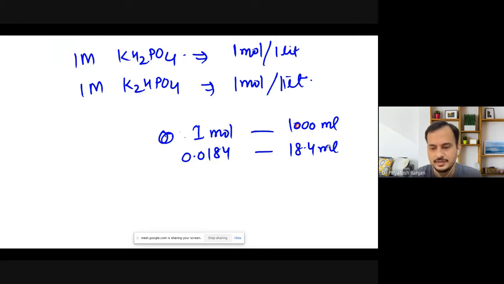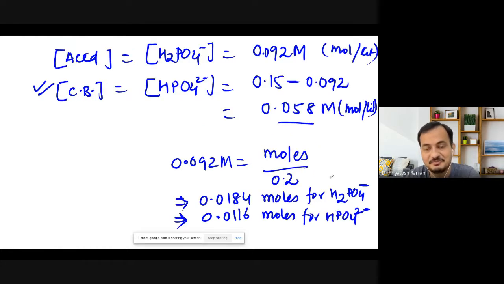These are simple ways to represent your volume, or you can call it 0.0184 liters. So I need 18.4 ml of KH2PO4, which is there in the lab as a stock solution